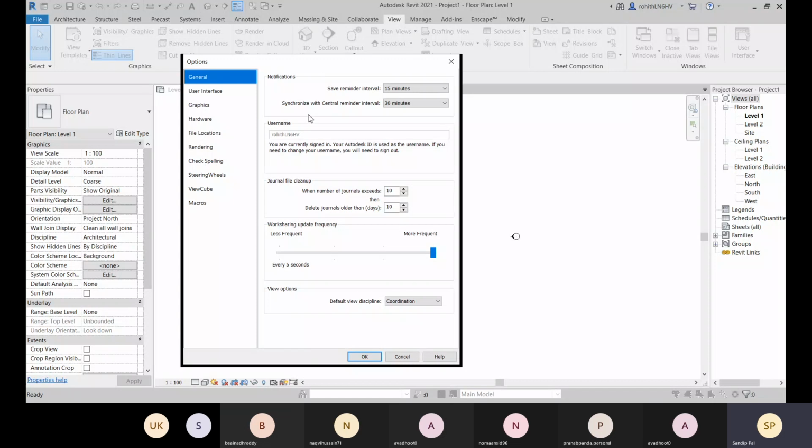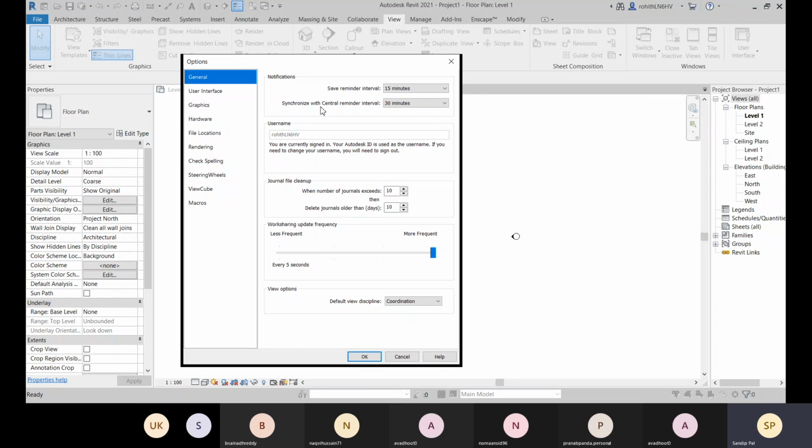So for collaboration, we will create one master file and you will be using your local file. And with the central file, you need to synchronize and release your task to update in the master file so other team members can also see it. So that also needs to synchronize. It's like you're working in your local file and you are saving it to the master file. That is the meaning of synchronize.